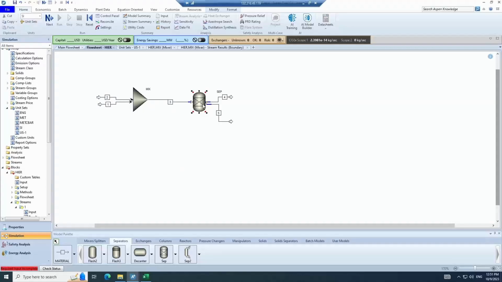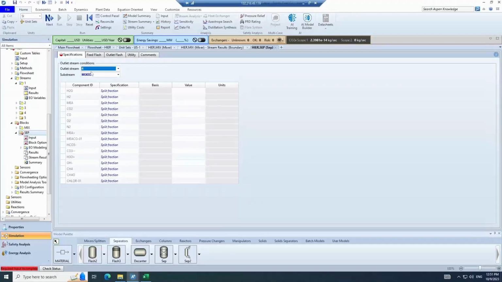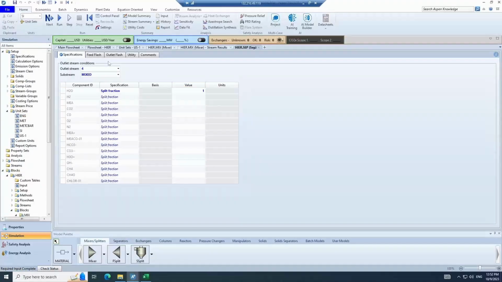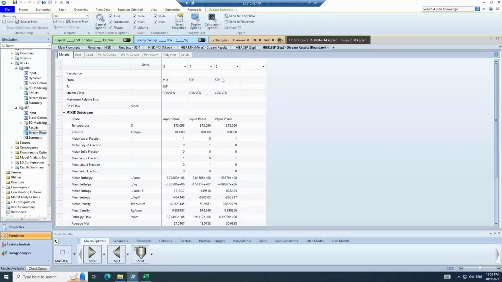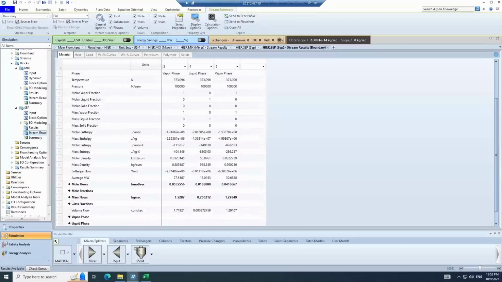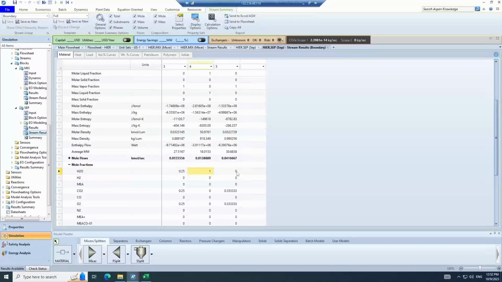And then once we click on the separator block itself, we can specify for stream number 4, I want all of the water to go into stream number 4 only and nothing else. So let's run this here. Right. Stream results. And stream number 4 will just have our water here, and all of the water is gone